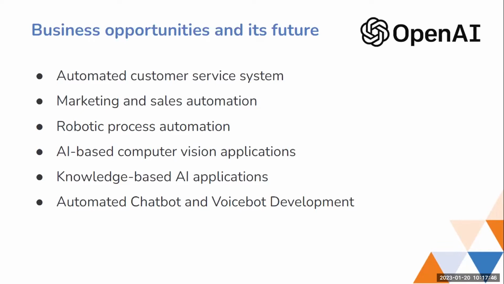Automated chatbot and voice bot development. Probably the most used in the very beginning of these ChatGPTs, or natural language processors, is this environment where you can just chat with the AI just like a normal human being. It's giving you replies just like a person is physically available out there, and you can get all the answers that you are asking. Most of them would be realistic enough for you to get that feeling.